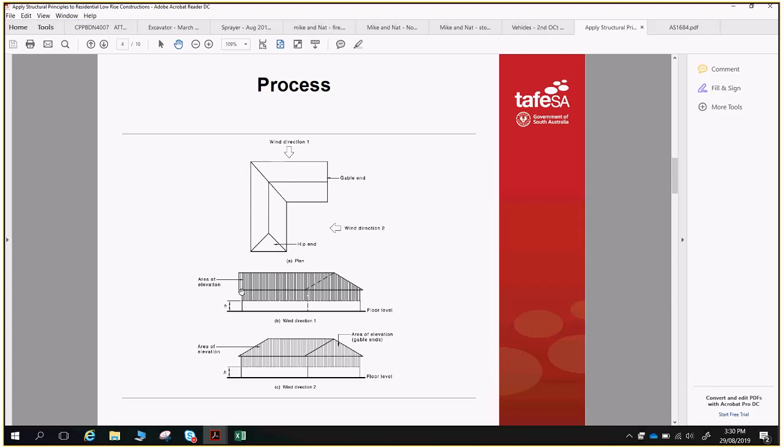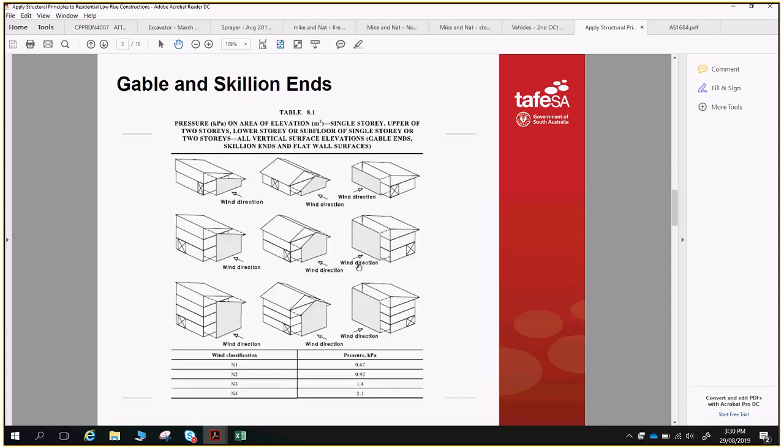So for our house, or for any house really, what we're doing is we get half the height of the floor to the underside of the eaves, and then the whole of the roof area in elevation, and that's the area that we use for calculating the amount of force on the building. Within a computer-aided drawing program, it's fairly easy to grab that area. You can do that very quickly to work out that surface area,